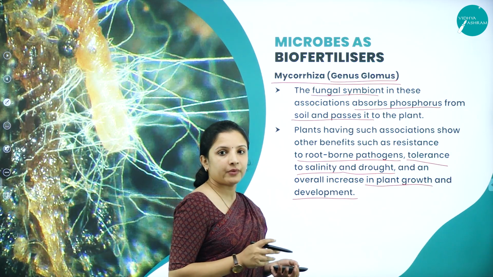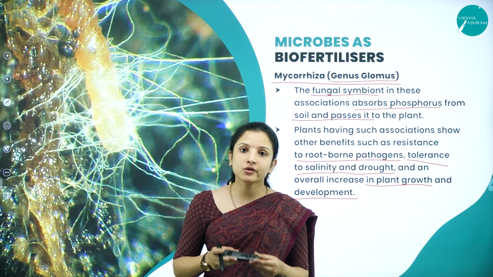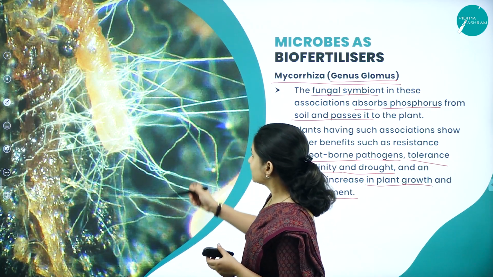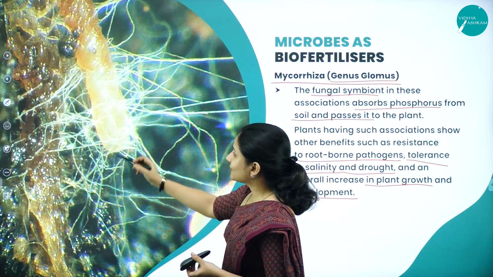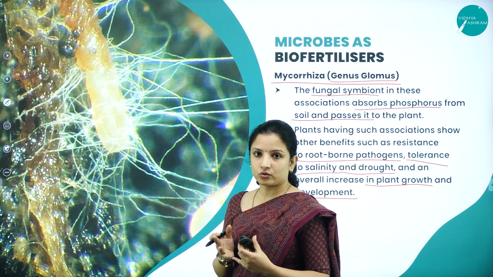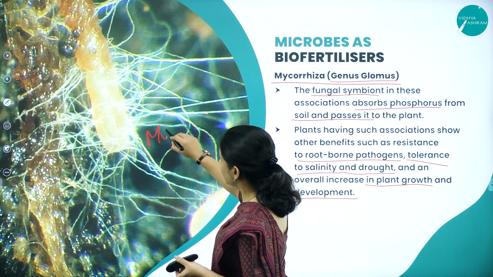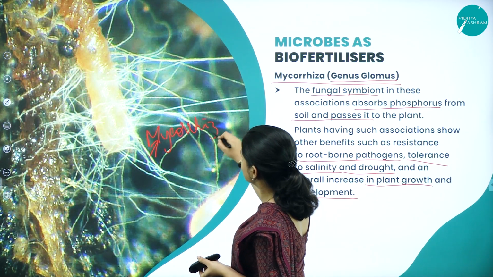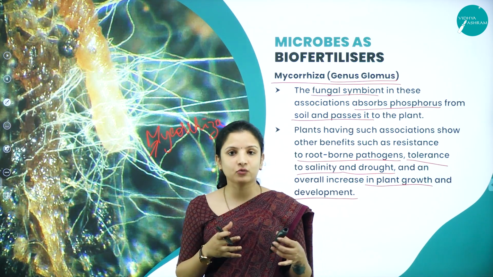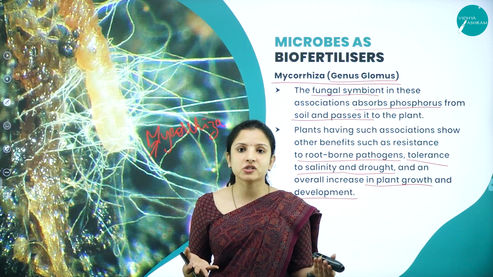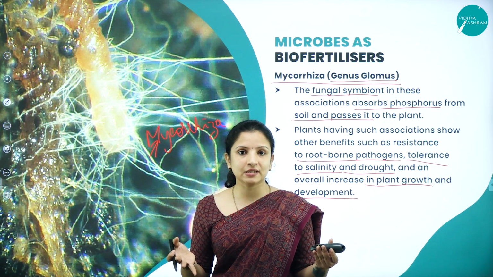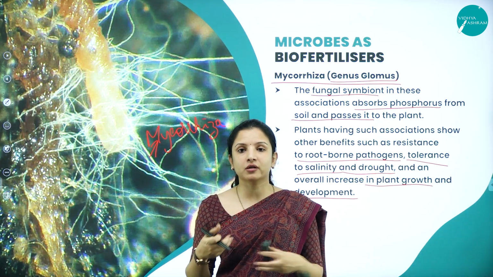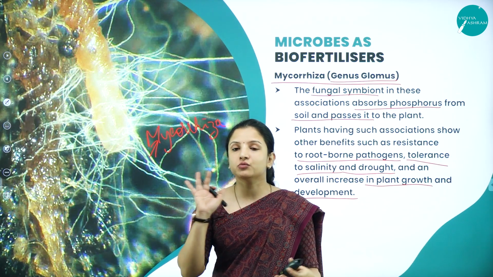and development. So mycorrhizas not just help the plants to absorb. So you can see they form a thread-like structure covering the root. So you can see mycorrhiza here. These are the hyphae of the mycorrhizas. So these mycorrhizas form a continuous network. They are fungi, right? So fungi have hyphae or mycelium. These mycelium, as they grow, form a mesh-like structure or a network of hyphal structures which will cover the